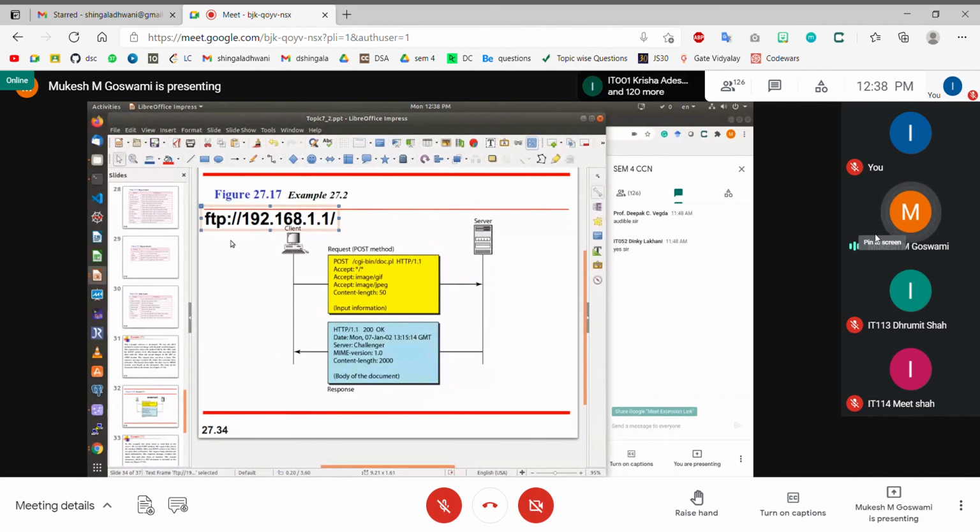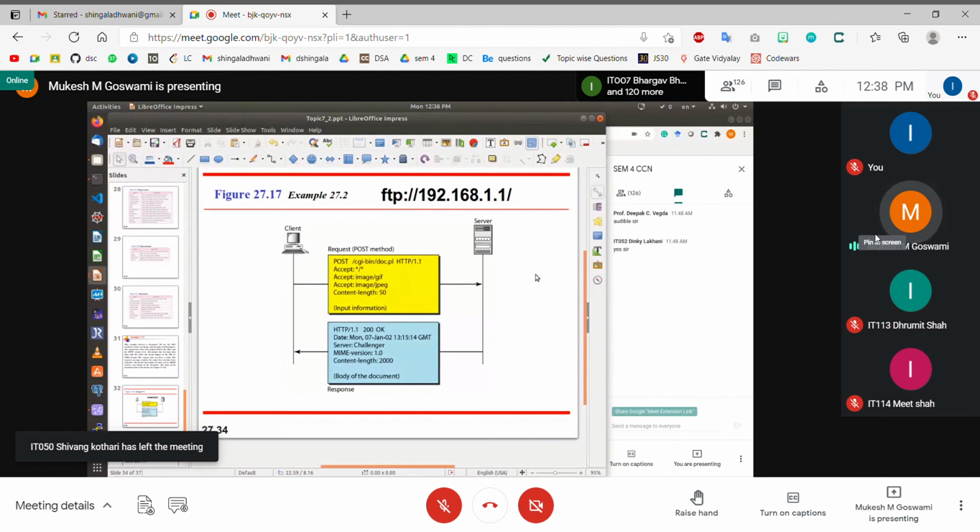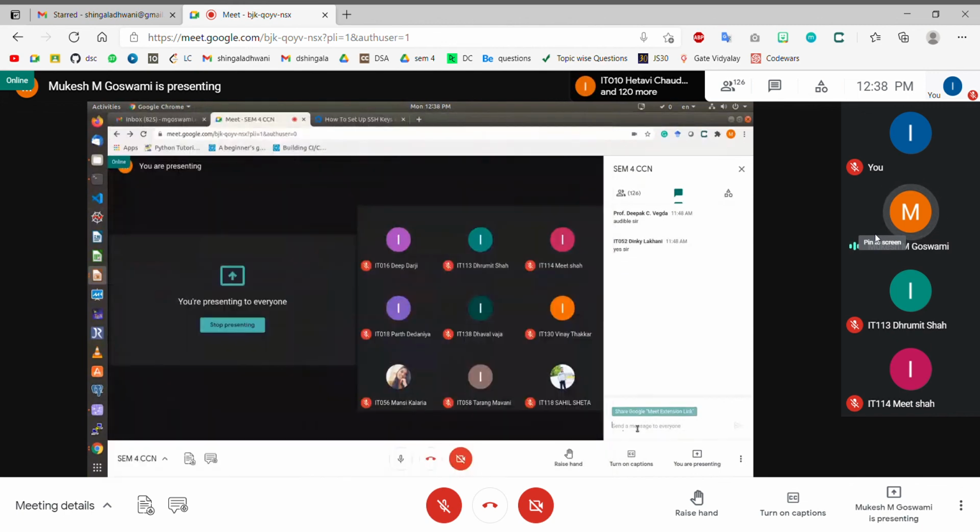So if you want to change the protocol, then in the URL you should mention the name of the protocol as FTP: and then something, and then you need to mention the port number if it is running on a different port. If you do not mention a port number, it will assume that the FTP is running on a standard port number, that is port number 21, right? So that is what it is. So I think you should have a fair enough idea now of what the web browser, web server, website, web documents are, what is HTML, what is HTTP request, HTTP response, and how things are working. So if you have any doubt related to this, you can raise your questions, raise your doubts, or else we'll be moving to our next topic.